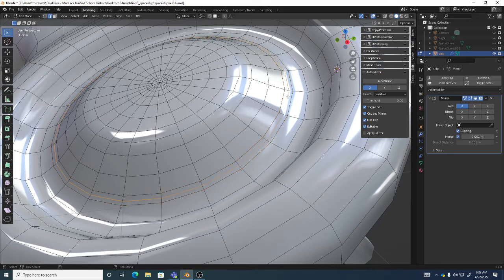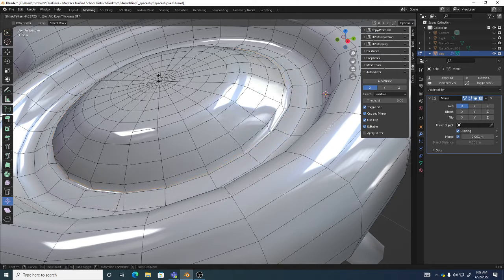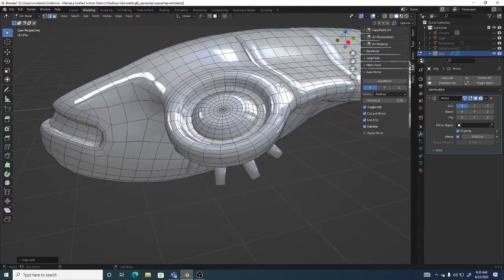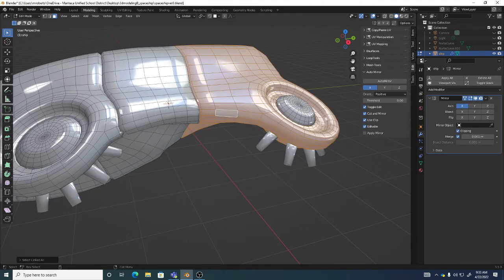And then, of course, I could double left click on that center edge loop again. And that shrink tool right here. I can grab the yellow handle, of course, but I can also middle mouse drag. And then a right click for edge split. And now we can see if I go to face mode and I do select linked, you see these are all separate parts now. So even if they're all still one object,